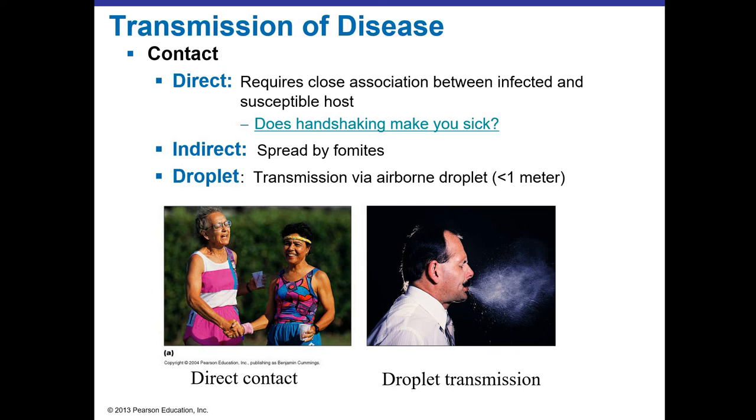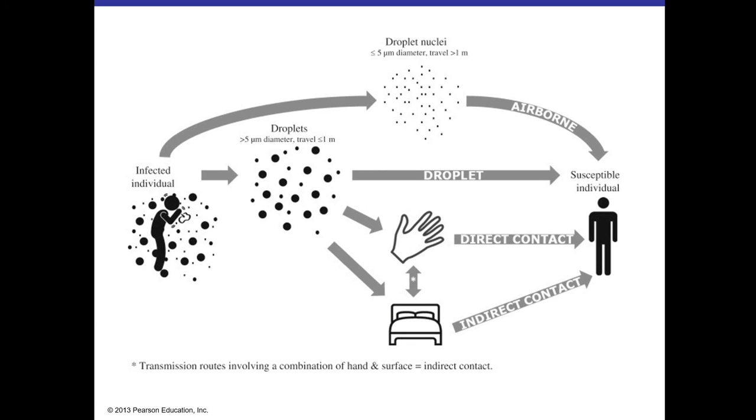So droplet transmission has been very interesting to try to figure out for the coronavirus, and very important. When we look at these spread in general, we start with an infected individual, and they can be coughing, sneezing, but there can be other ways that you can have those droplets getting out in the environment.